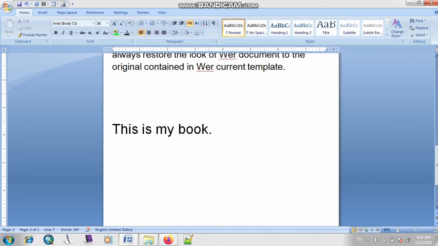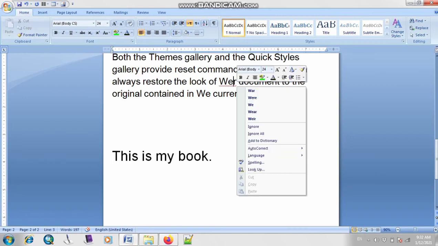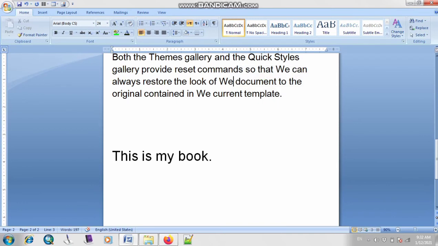As you can see, WER, this is not any kind of word we are using in the document. So this is WEV. So how can I correct it? If I know the spelling of we, I will type it, I will erase it. And if I want to replace it, again click on this word. And as you can see, when you right click from your mouse, I get these options, and here as you can see the option of WE. So I can choose the correct option from this document and I can replace it.